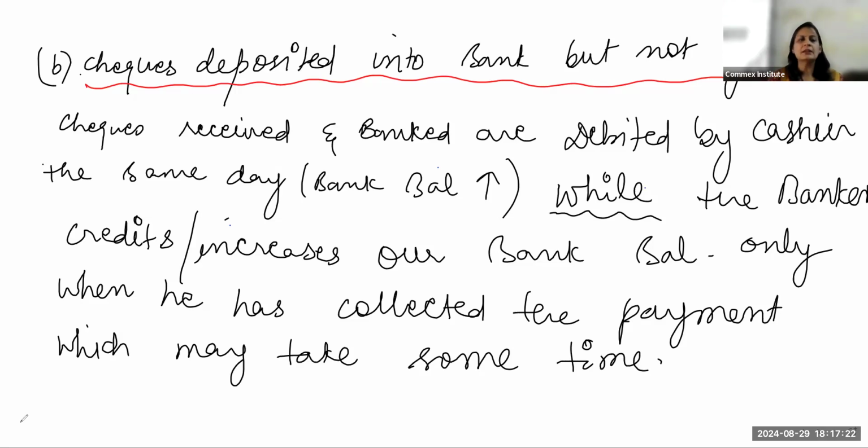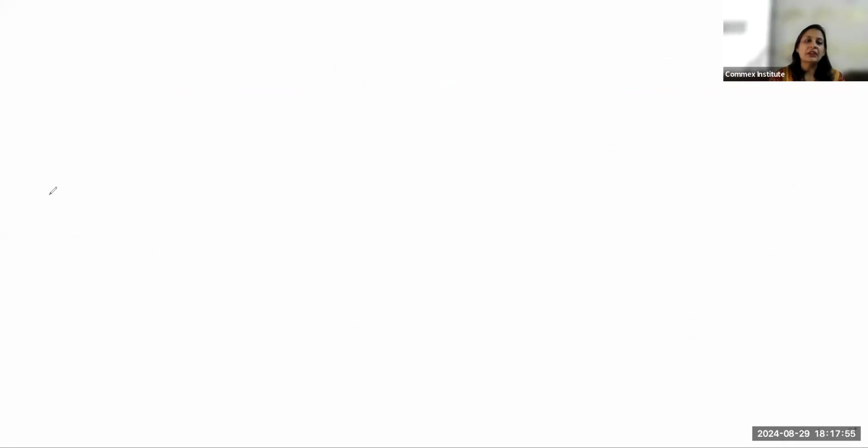On 2 September the banker will also increase our balance, but until 2 September there will be a difference in the balances of both accounts. Cashier will show 1,10,000, banker will show 1 lakh. Why? Because the banker has not credited our account till he gets the cheque cleared, till he receives the payment from this PNB bank. So this is why this transaction is there. So number 2 difference, we have done timing differences. Number 2 difference, the main cause of difference is